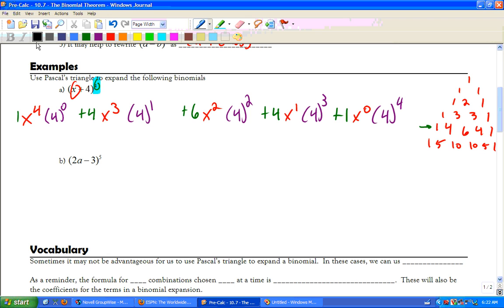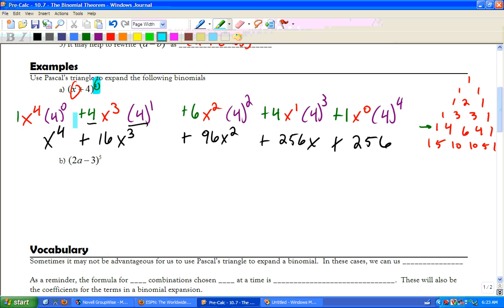At this point, all we're going to do is expand. We're going to combine like terms, multiply things out. 1 times x to the fourth, 4 to the 0 is 1, so we're just left with x to the fourth, plus 4 times 4 to the first is 4, gives us 16 x cubed, plus 4 squared is 16, 16 times 6 gives us 96 x squared, plus 4 cubed times 4, that's the same thing as 4 to the fourth, which is 256 x, plus x to the 0 goes away, it's 1. 1 times 4 to the fourth gives us